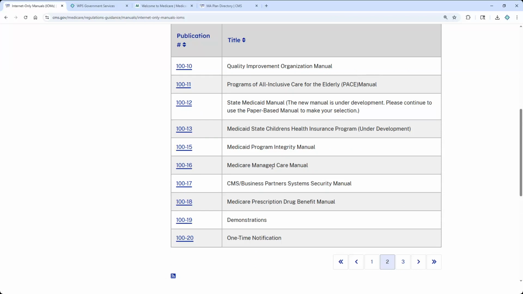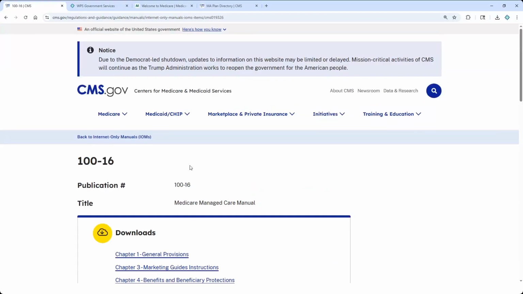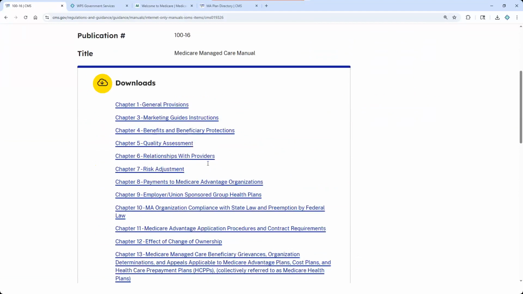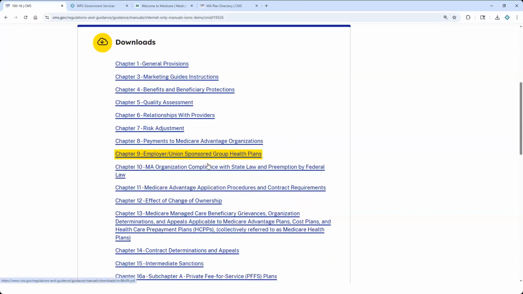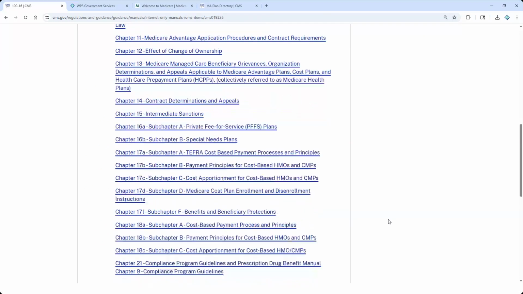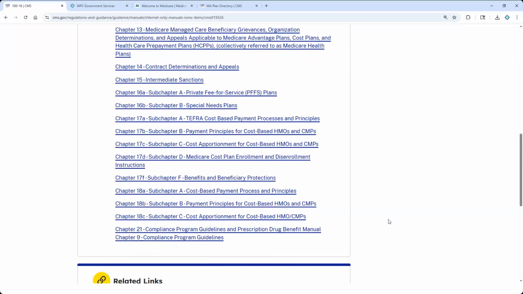Once you go into the Medicare Managed Care Manuals, this will give you what every plan has to follow. So while it's not what we do with it, because we don't follow this, it's what the plans will do with this, okay? So you want to make sure you're following through all of these different pieces of information. I don't know exactly what you'd want to look at. That would be up to you, but there's just a variety of factors in there. And you can see there's quite a few different manuals and subchapters and things like that.